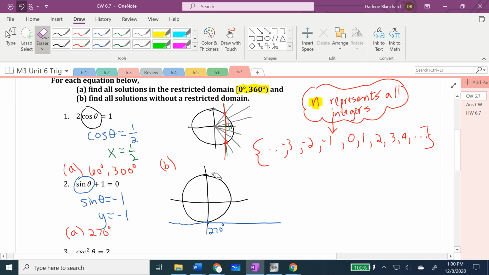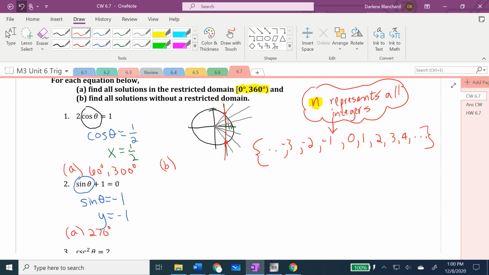and I'm going to erase this circle right here because it's in my way. If I take 60 degrees and I add 360 times any integer n, or if I take 300 degrees and add 360 degrees any number of times n, that will make my full